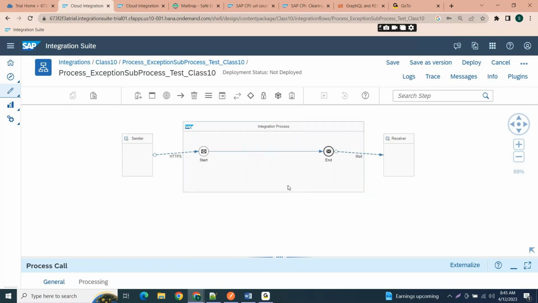So now, okay, all of the members, what is a local integration process,